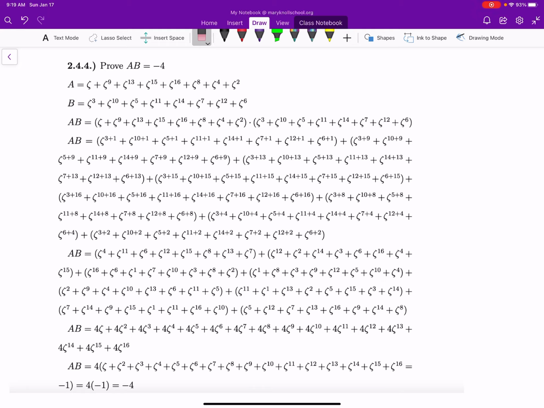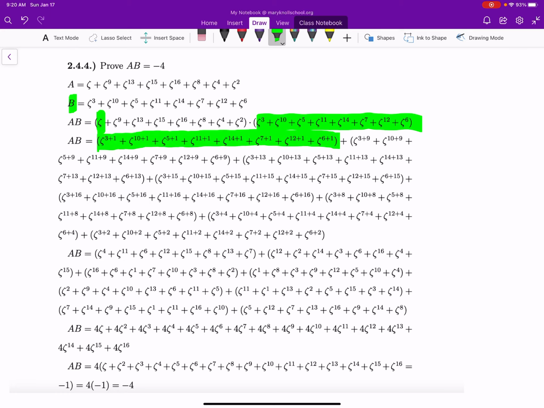that's about it. So first thing we do is we look up the a value that is on page 31, and that's on page 31, so is the b value. So we multiply these together, and we get s multiplied by all this. So this is b. Okay, so s times s to the third, s times s to the 10th, s times s to the 5th, etc. So that is all represented right here